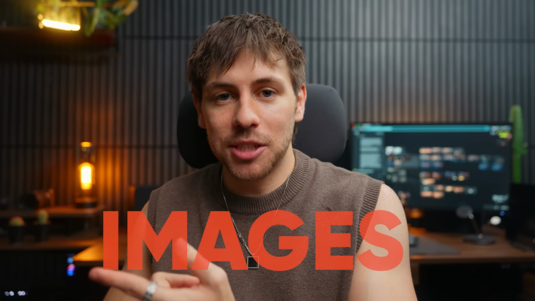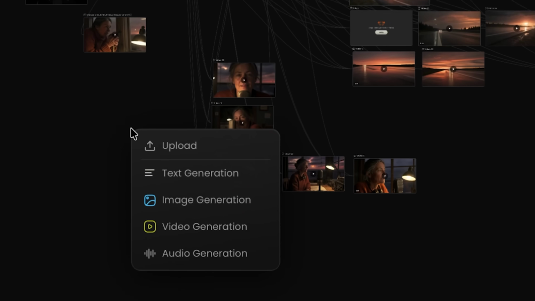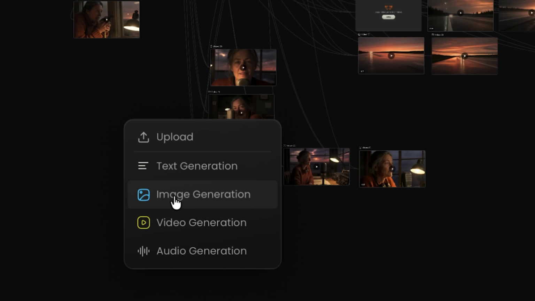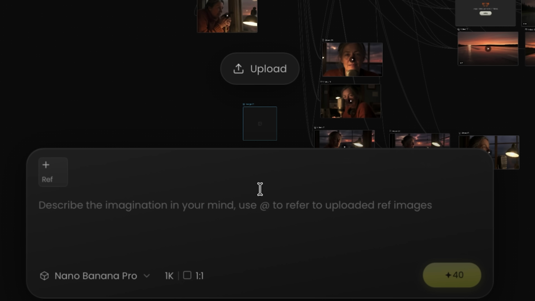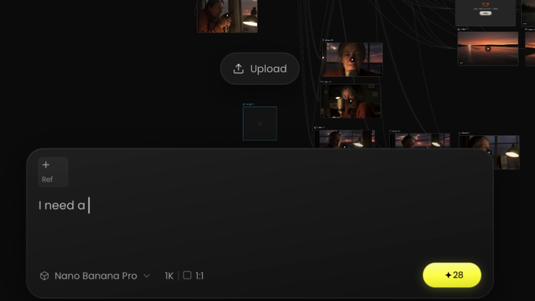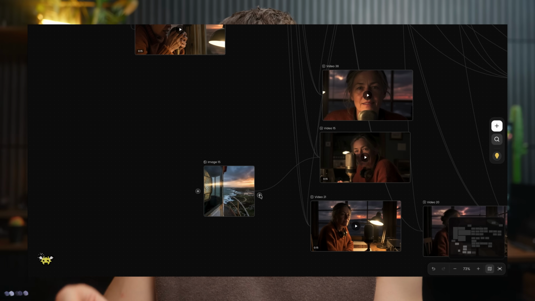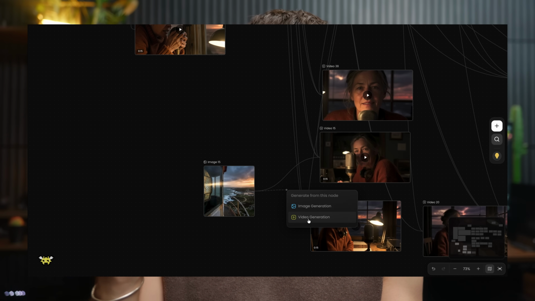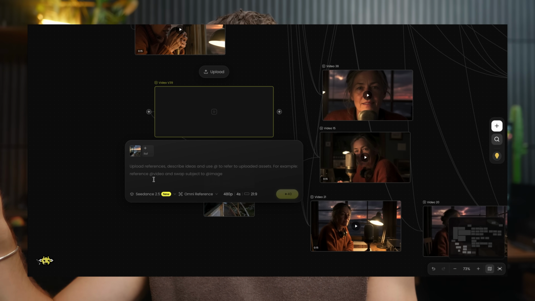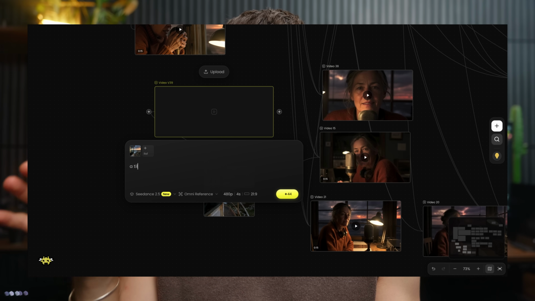These could, for example, be text, video, images, or sound. And by right-clicking, you just generate one of these elements. Let's say you want to generate a reference image. All you have to do is right-click, say create image, and then you put in your prompt, choose the model, hit generate. Once the image is there, you can use the plus icon on the right side of the canvas, drag it to the right, and then a pop-up comes up